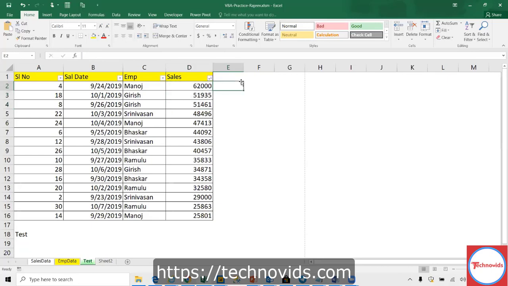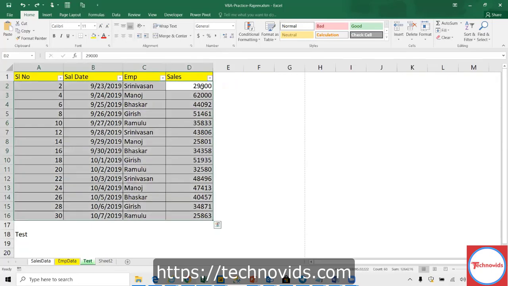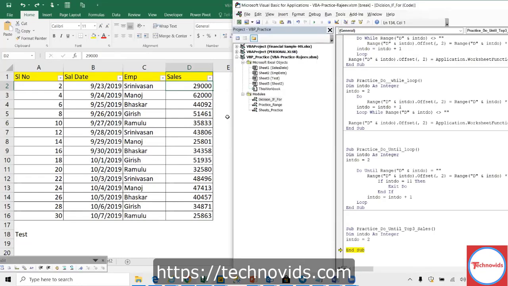So I have to loop only three times. That's it, my logic is done. Loop whatever top three you want, top four, whatever you want. So the first thing is we have to apply the sort here. Once we apply the sort, we are good. Let us see how to apply the sort.